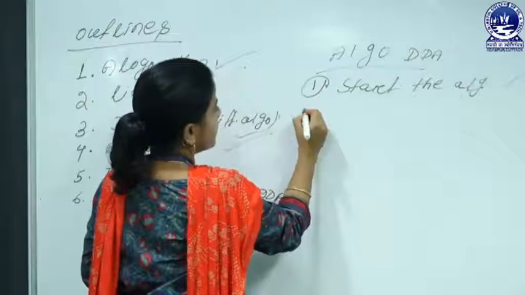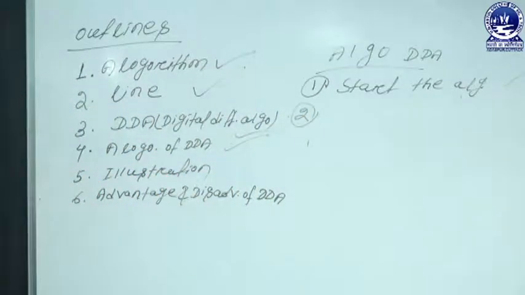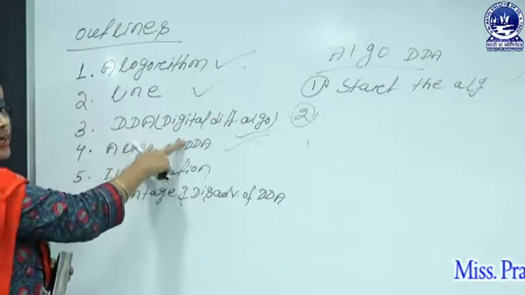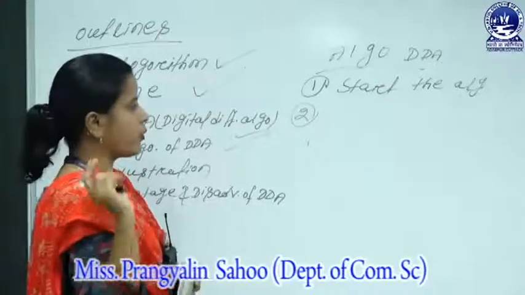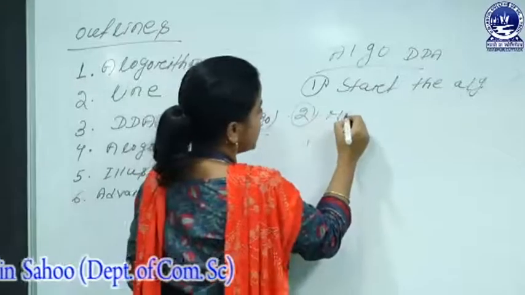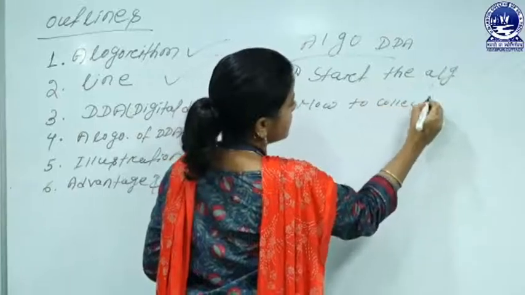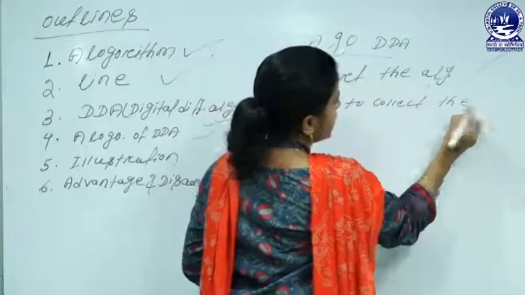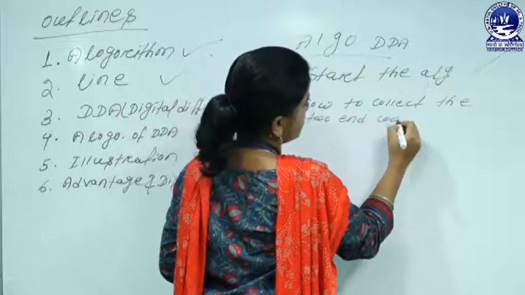On the next step, it collects all the raw ingredients required for the data interpretations. In case of DDA line algorithm, the line by default requires 2 coordinate points. So now in the second step, collect the 2 end coordinate values,